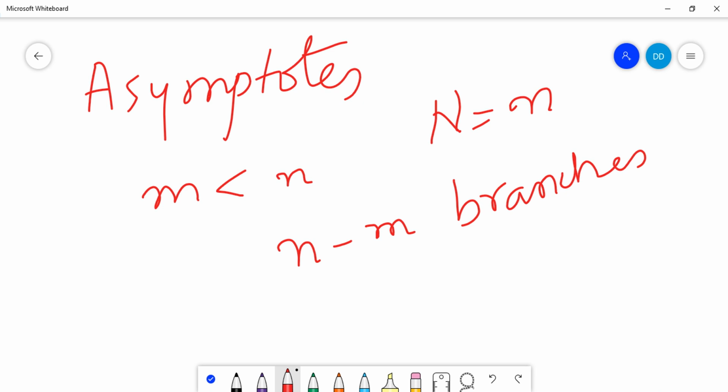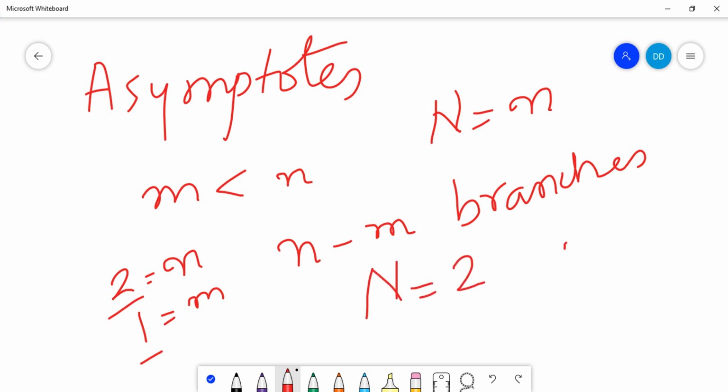Say for example, we have 2 poles, so n is 2, and we have m which is equal to 1. That means we have one open loop zero and 2 open loop poles. So how many root loci will be there? The number of root loci will be 2 because our n is greater than m.